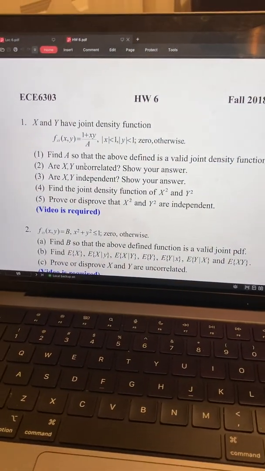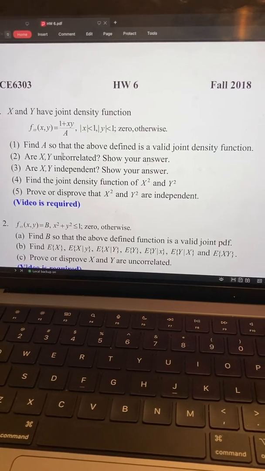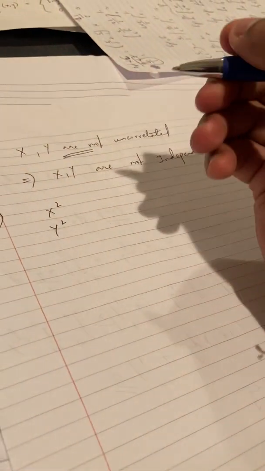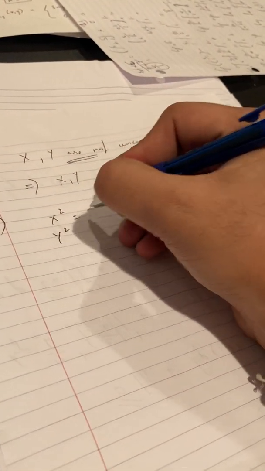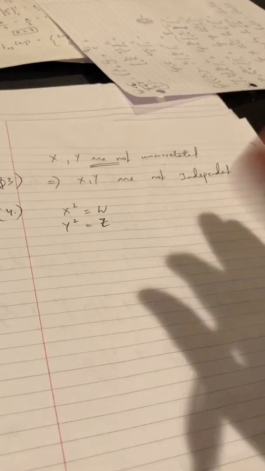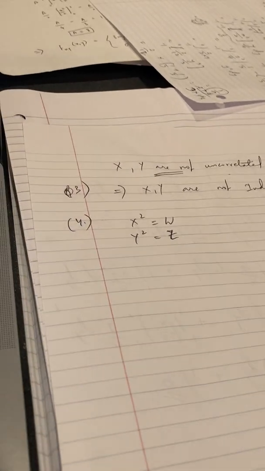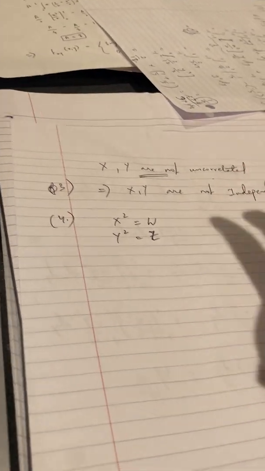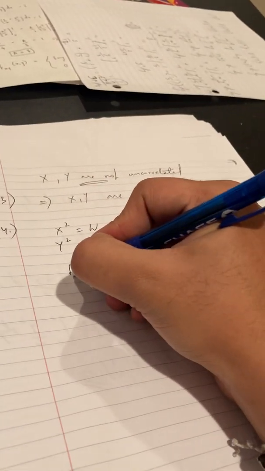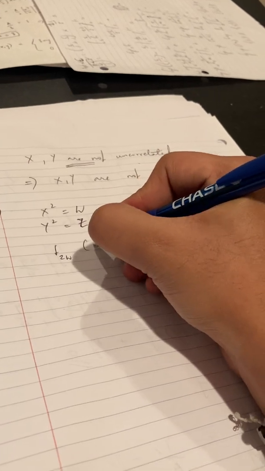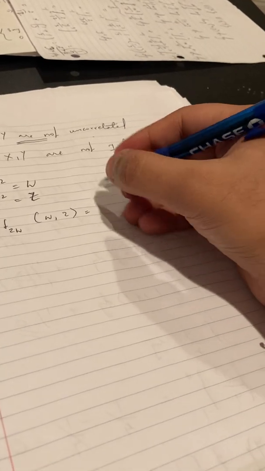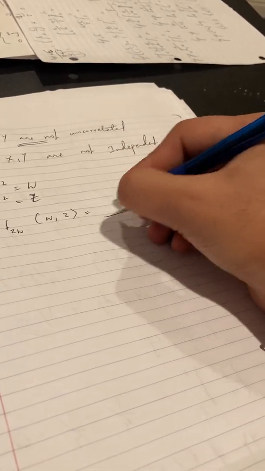So we are told to calculate the joint density function of x square and y square. So x square, y square. Suppose x square is w and y square is z. Okay. So we have to calculate the joint density function. So the joint density function can be given as f z w of w comma z is equal to 1 by mod j here,